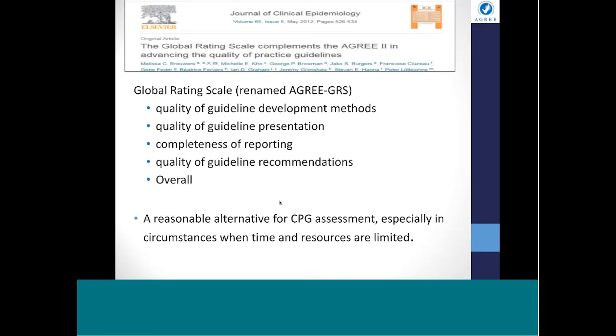question. So it's a reasonable alternative for clinical practice guidelines assessment, especially in circumstances when time and resources are limited. But it's not going to replace the AGREE II tool. The AGREE II tool is the best one to assess a good, complete guideline. It's valuable, and it's reliable. The AGREE GRS is an option when resources are limited, you don't have enough time to make a decision, or you don't have much time to apply the whole